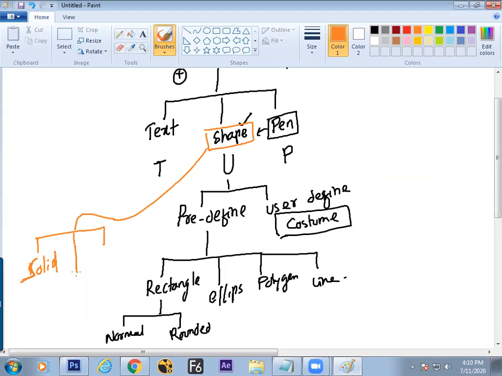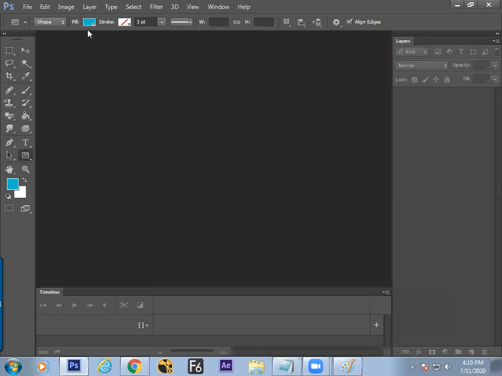It has an option called shape, and it has an option called fill or pixel. So shape, path, pixel. These three are there.